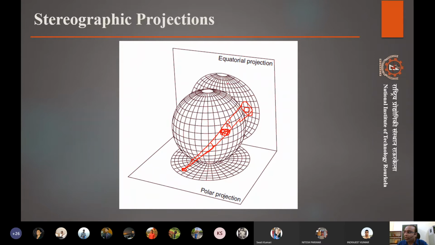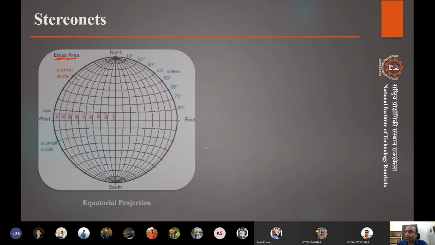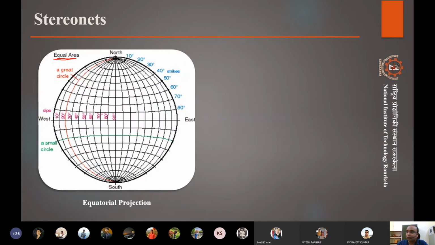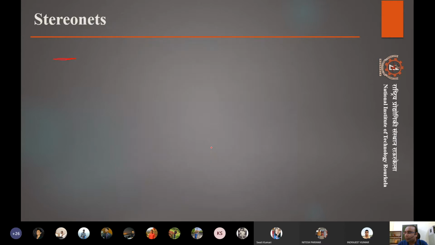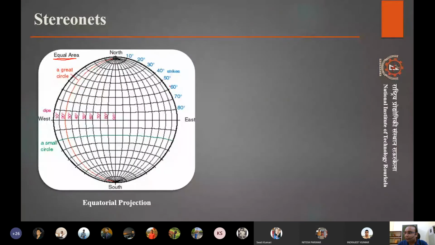However, the lines actually can be adjusted in order to make this an equal area projection. So this one that you are seeing is actually an equal area projection. Equal area projection is good in the sense that if you say this is the north, this is the south, in that sense we can actually divide it into a 360-degree full circle, and the basis of dips can be counted from east and west direction both.